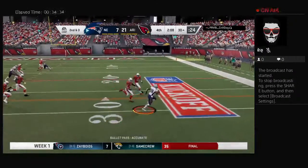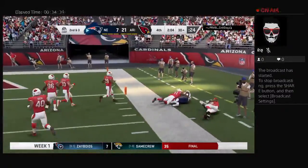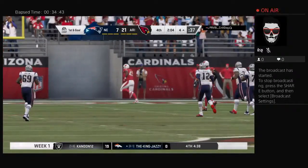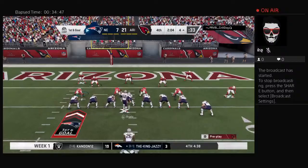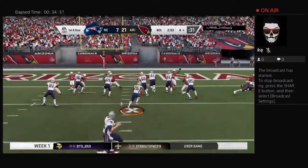From the 30 on second down, Brady. A good pickup there, 26 yards. Clock management definitely critical here if they want to get back in this game. Absolutely agreed. They have to up the tempo in this case, down a couple of scores. Want to make sure they have...